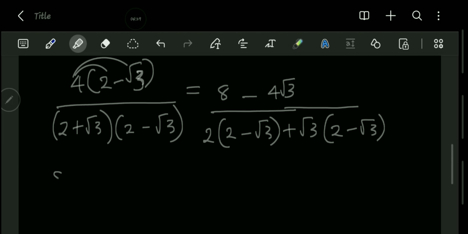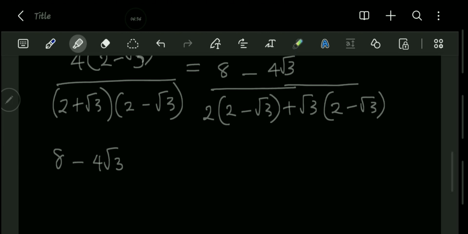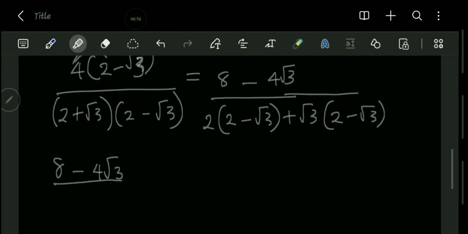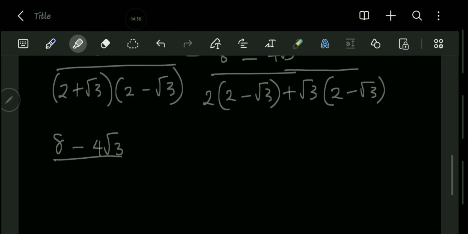So I'm having 8 minus 4 surd 3 all over, when 2 multiplies this gives me 4 minus 2 multiplies surd 3, that's 2 surd 3. Then this multiplies 2 gives me plus 2 surd 3. Then plus times minus gives me minus. Then surd 3 times surd 3 gives me surd 9,